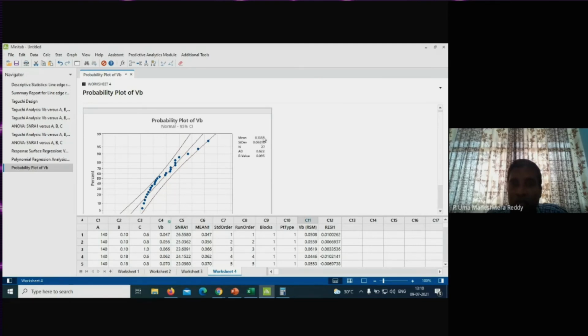So for this, you have the mean, standard deviation, population is 27, and there is a term AD. This is the Anderson-Darling goodness of fit, 0.622. In the data dispersion, the AD value 0.622 is the difference of area between the data points and the fitted line. That is given by the AD value. Now, the last term is the p-value. This is very, very important, the p-value.